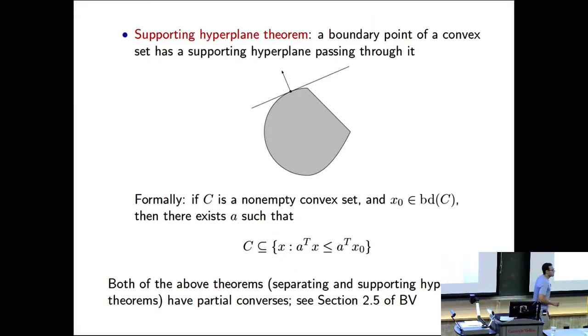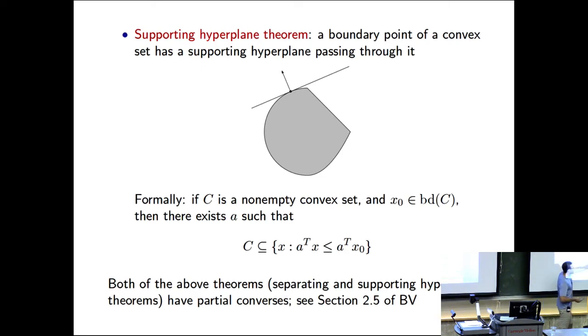The supporting hyperplane theorem is very related to the separating hyperplane theorem. In fact, the proof of this just uses the separating hyperplane theorem. The proof is very short, and it is as follows. If you give me a convex set and any point on the boundary of that set, and if you forget what that means formally, then go look at the real analysis review. Give me a point on the boundary. Then there's a supporting hyperplane passing through it. And what that means, I wrote it down here formally, so I won't write it on the piece of paper, is that